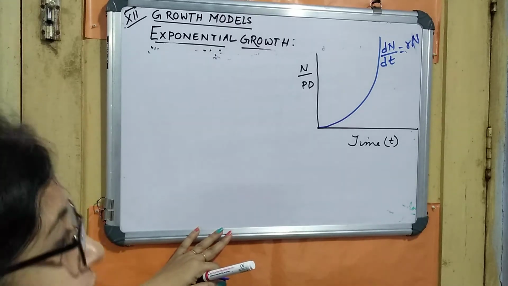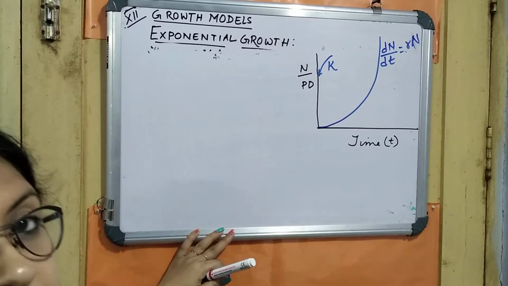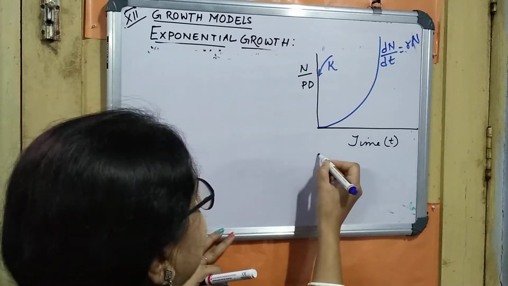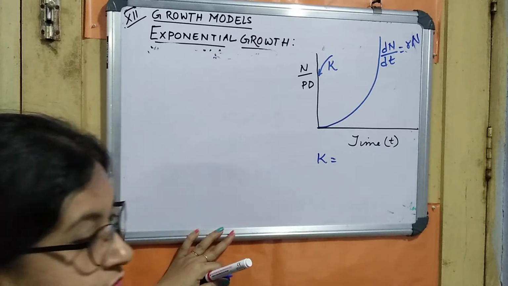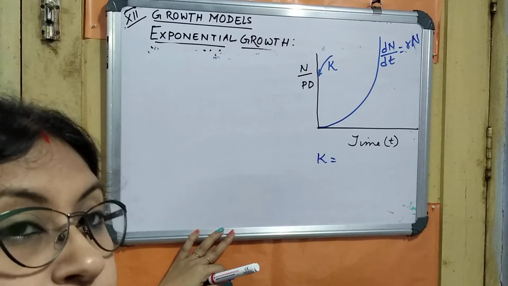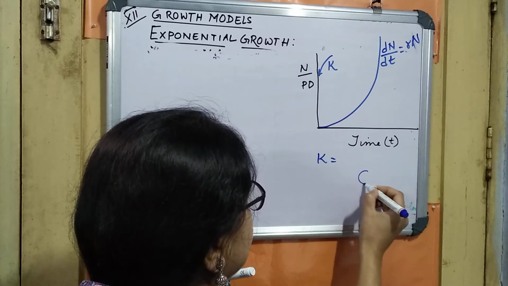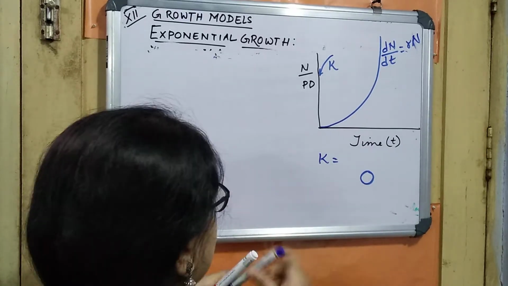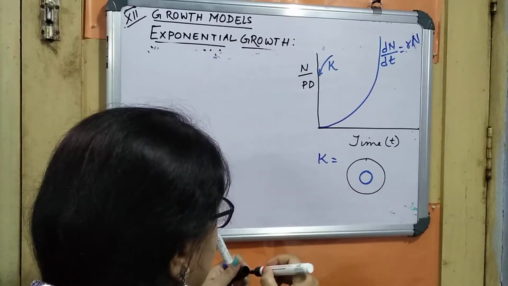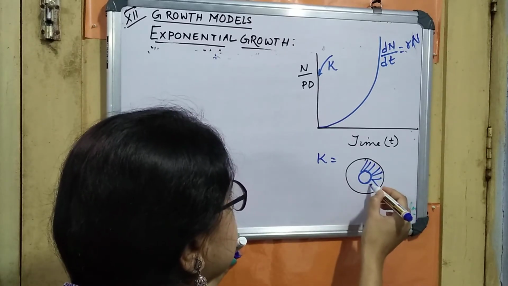Now in this case, obviously we have to know the K. This is very important, which is the carrying capacity. K is revealing the carrying capacity. Now what is the carrying capacity? Carrying capacity means how much the nature will be able to support the population with a particular resource. Suppose a population is somewhat like this, and the carrying capacity of this population we can reveal like this. This is the carrying capacity.